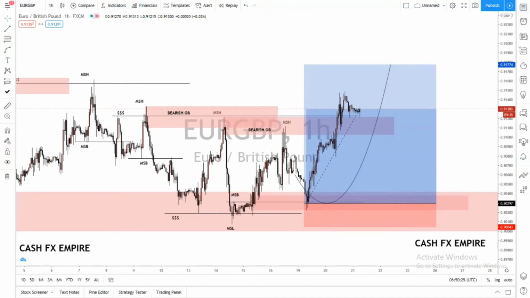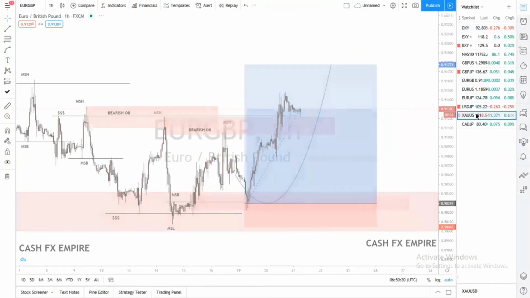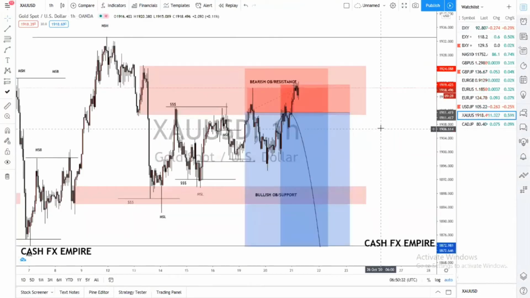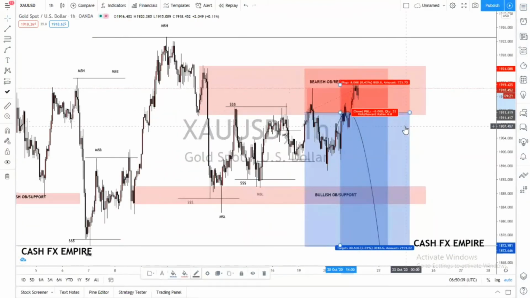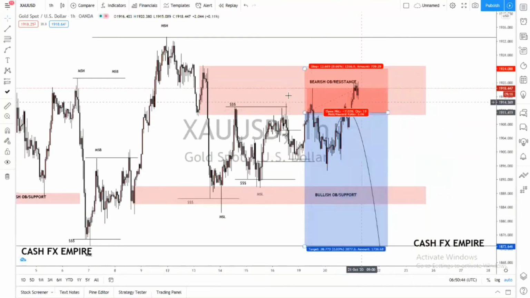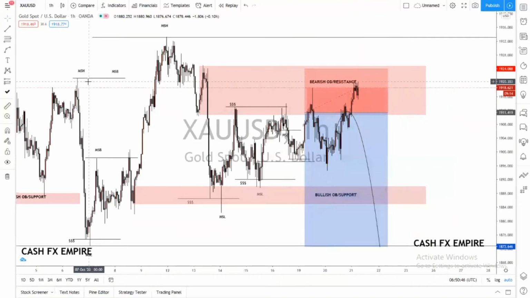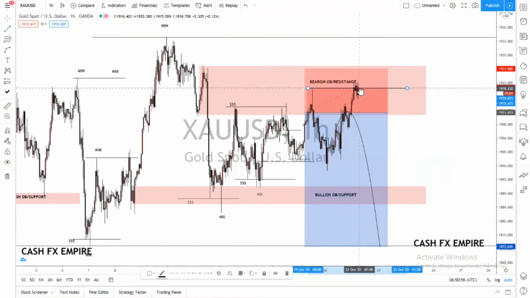On the other hand, I've also been looking at gold. Gold signal was a loss yesterday. Inside this setup, our stop loss has been hit, but the original setup still stands. Because I'm looking at this liquidity here, and it has been taken out. So now that it's been taken out, we start looking for more and more trading opportunities, because I can see some candles failing to close above this week.